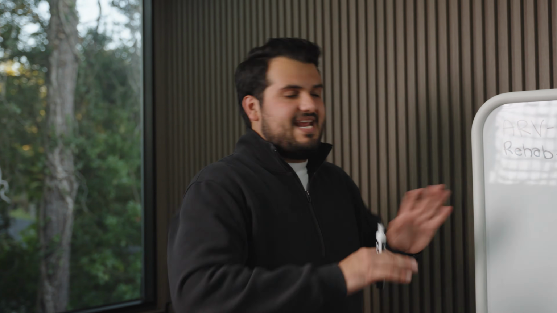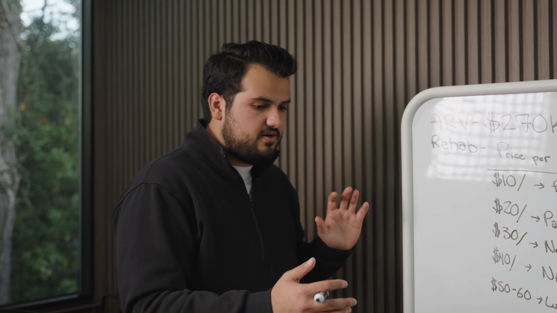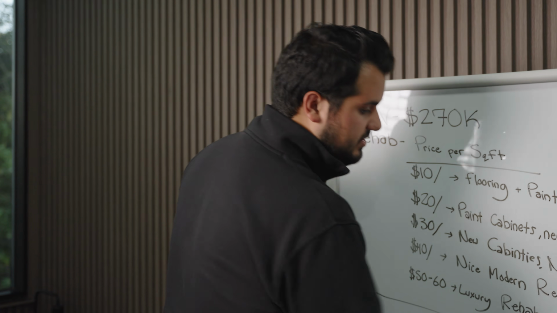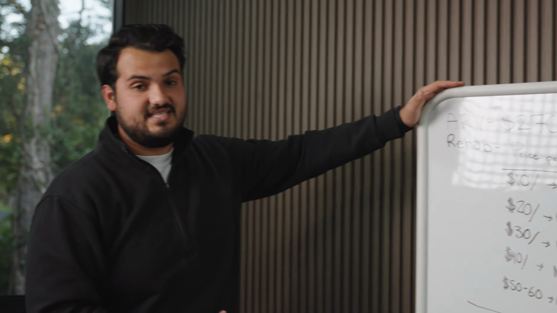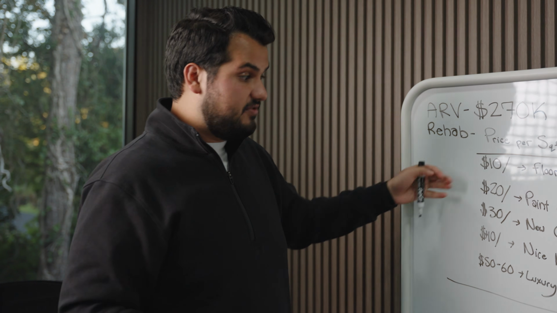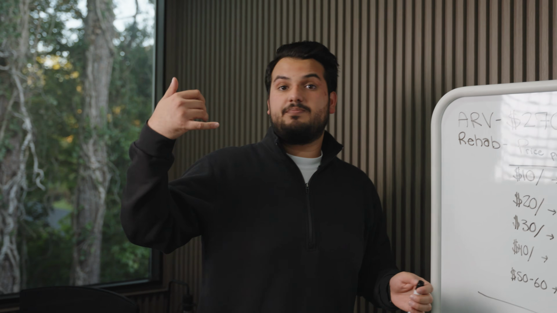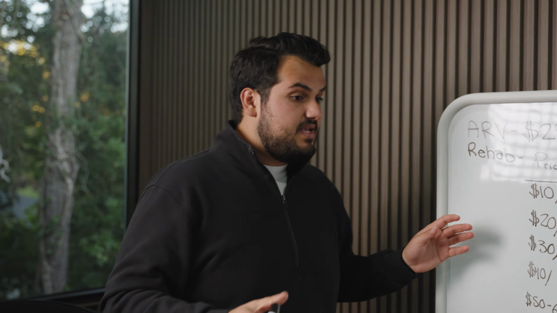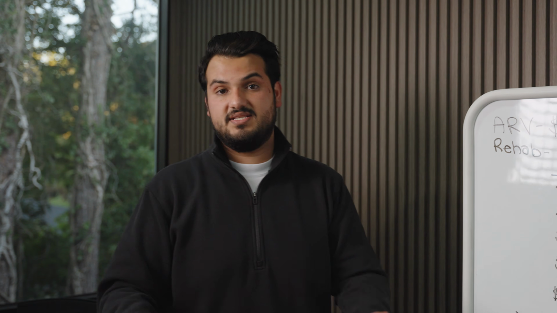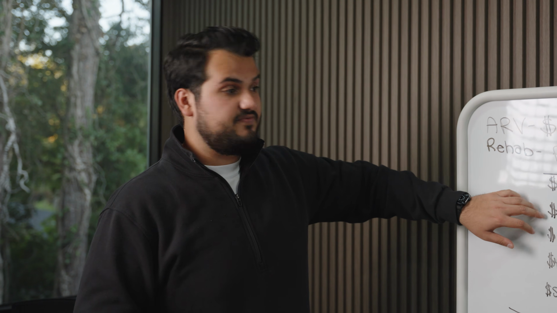So now that we have the price per square foot and the things that aren't included within it, we can start playing with the ballpark of how much things will cost. For the comps for this particular home, the one that we said has an ARV of 270, as we're walking it, you can see it's obviously going to need flooring, paint, and new fixtures. We're probably going to paint the cabinets because they were in pretty decent shape, and put new modern fixtures on it. All the comps in the area aren't really putting in new cabinets with quartz countertops and undermounted sinks. They're not really putting in that stuff. So we think that a $20 a square foot range is very reasonable.